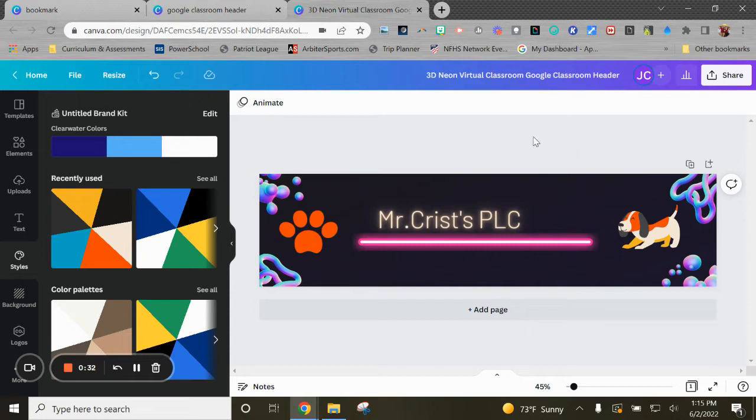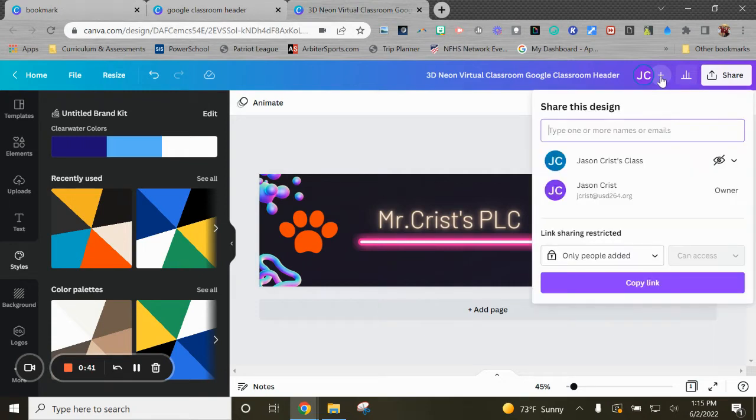So the first thing we're going to look at here, I've got a project up. I see my name on my account here. An easy way to add people to a project is simply with the plus button. And you're going to type, if you have names of kids in a class, as you start to type that name, that person will come up, or if you have an email for someone. So for example,